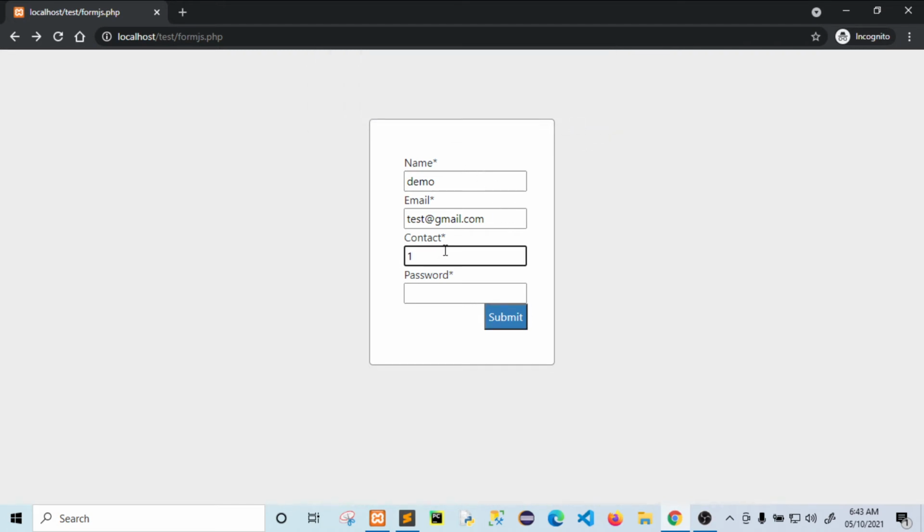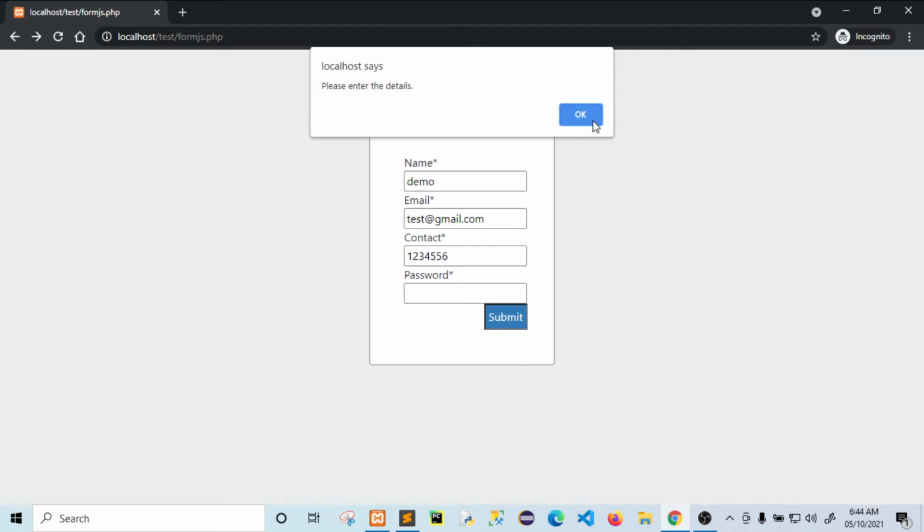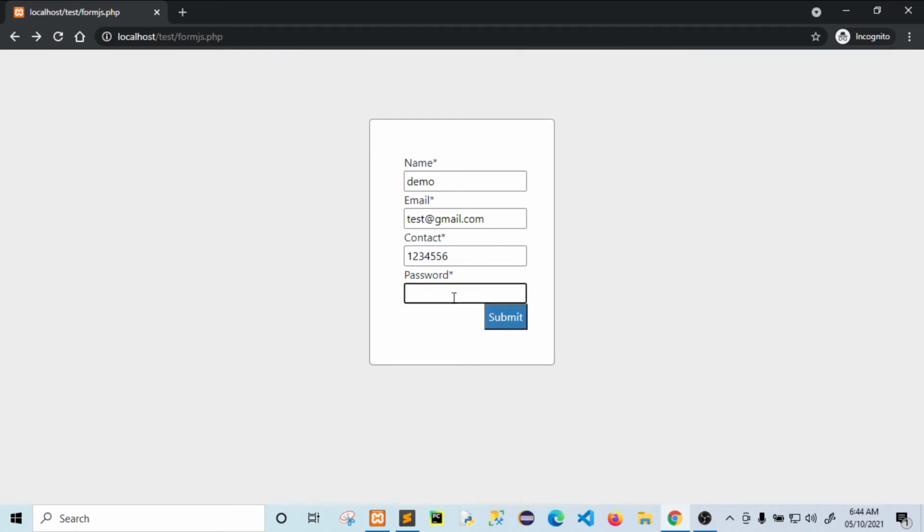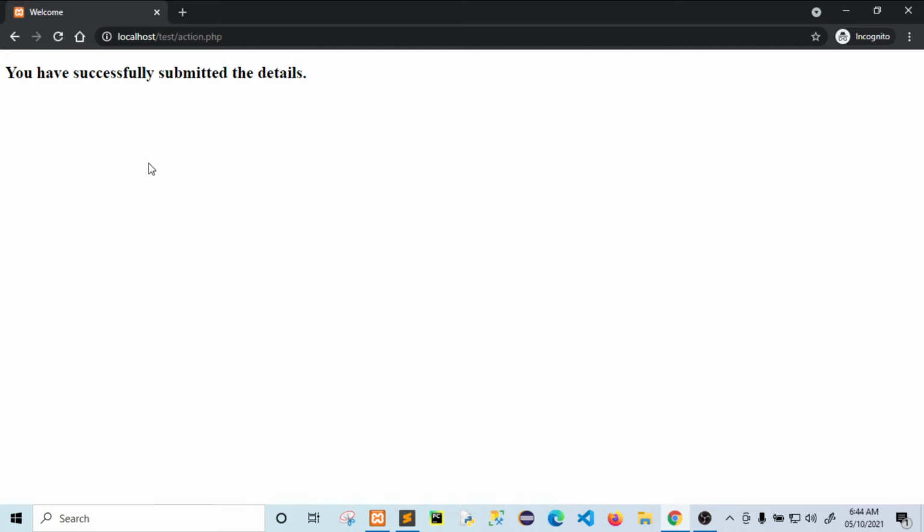If we enter the contact details and do not enter the password, then it also shows the alert message. Now enter the password, and if you submit this form, then it will use the JavaScript validation, right? So the form is successfully submitted by using JavaScript.